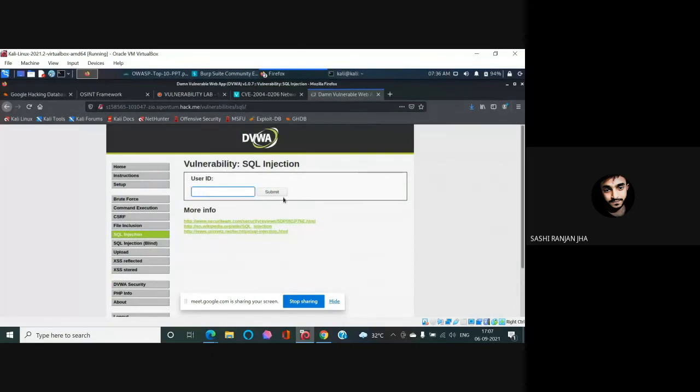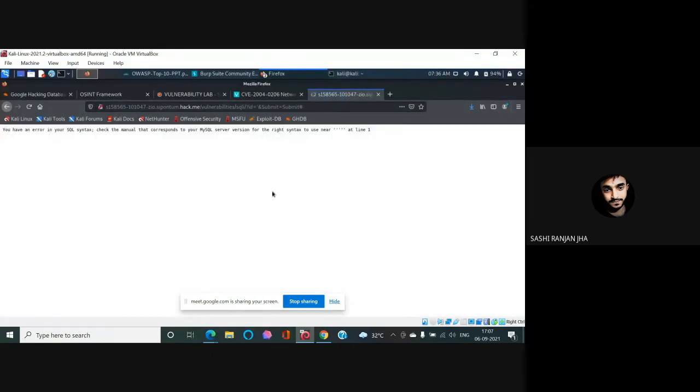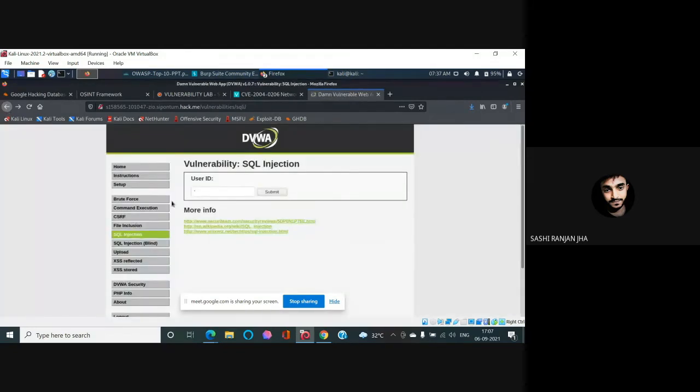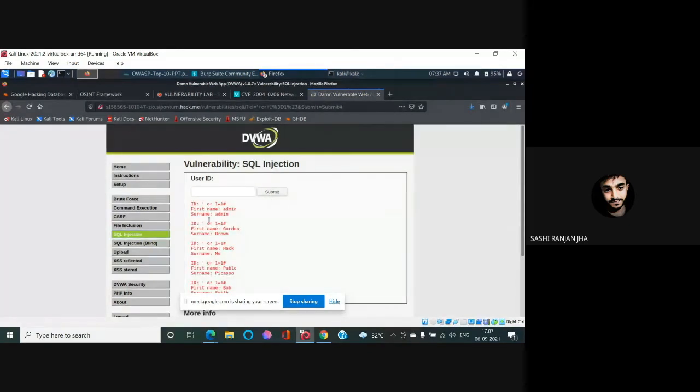To check for SQL injection, we just give a semicolon and submit. As soon as this error comes up, we know that there is a SQL injection possibility. To exploit this, we go for the first thing. There are different kinds of things like blind SQL injection, but here we can just use ' or 1=1 #, where the hash is used for commenting out the other things that come after the id parameter. After submitting this, it gives us the id, first name, and surname of all the users over here.